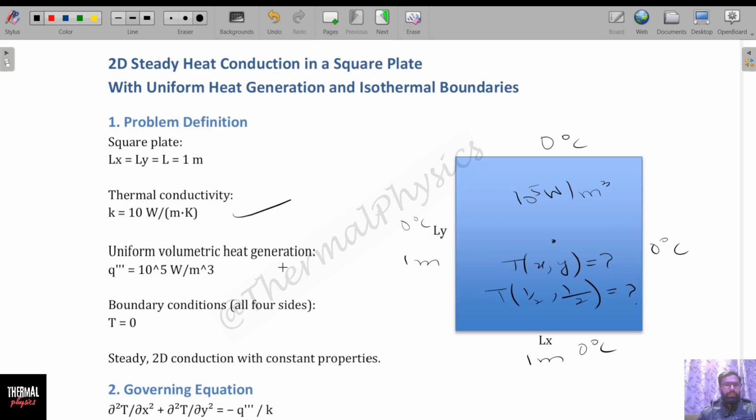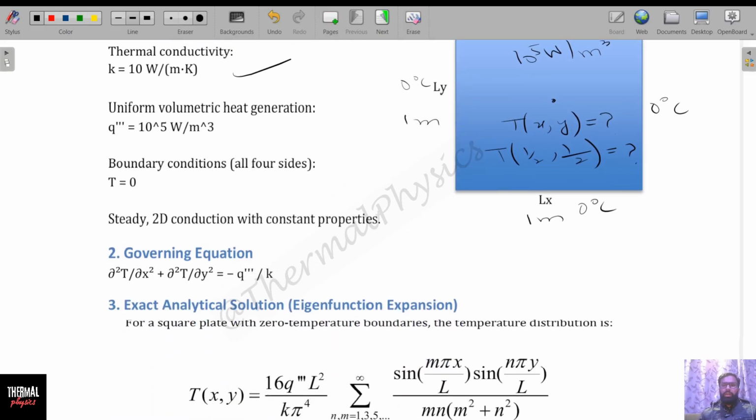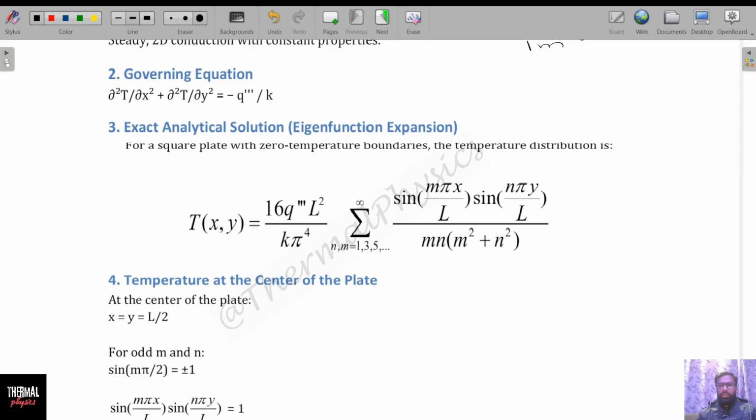Thermal conductivity is given as 10, and the boundary conditions we have specified are 0 degrees Celsius. Now we know that in the last heat conduction problem, the Laplacian of T was equal to 0 because there was no heat generation. This time the Laplacian of T is equal to minus Q divided by K. This is the general heat conduction equation for today's problem. We have uniform heat generation as well. Now when we solve this